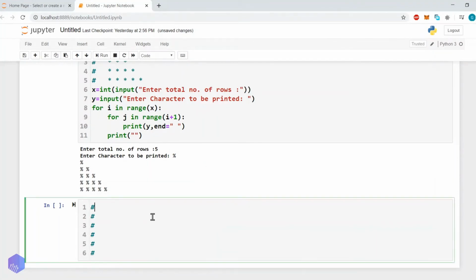Now here we will go with some other logic. Let's say 1, then 0 1, then 1 0 1, then 0 1 0 1, then 1 0 1 0 1, then again 0 1 0 1 0 1.